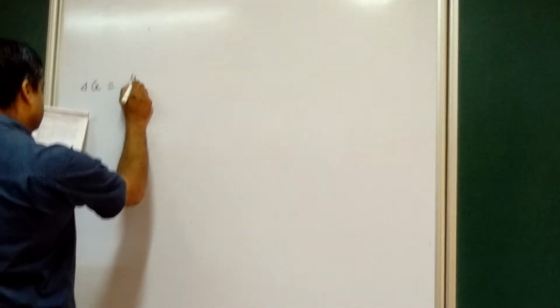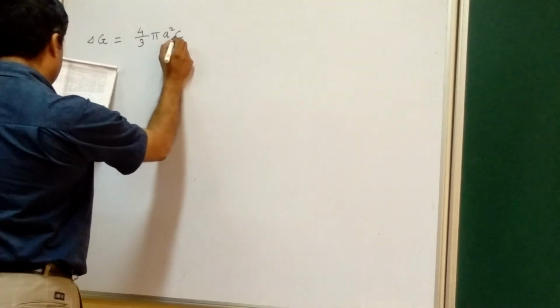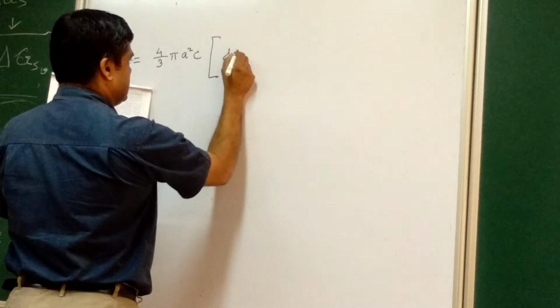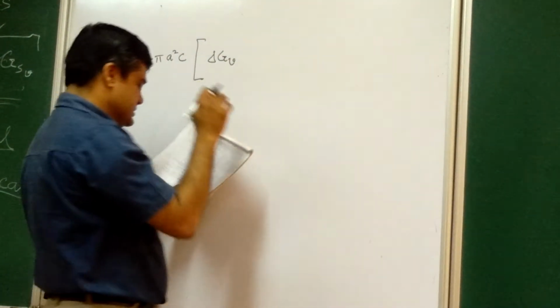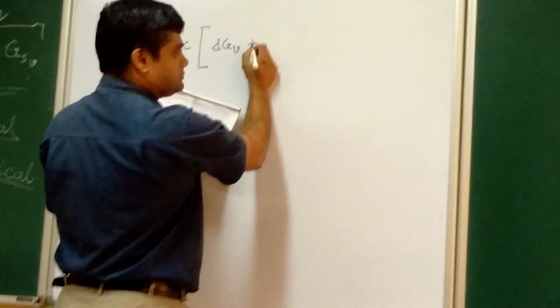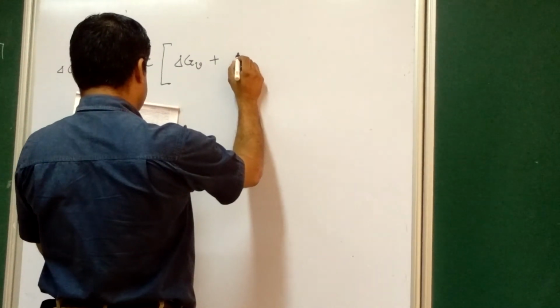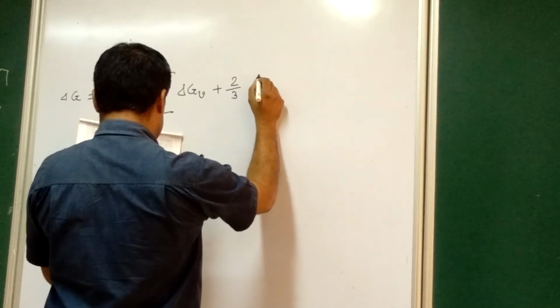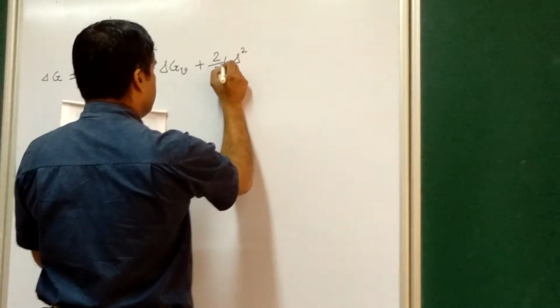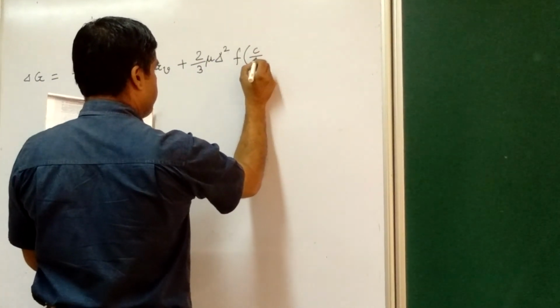Your volume is 4/3 pi a square C multiplied by your delta GV. This delta GV is the volumetric, thermodynamic free energy change, plus that one 2/3 of mu delta square F of C over A,